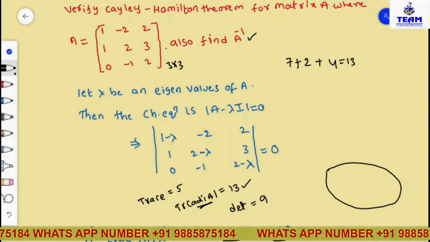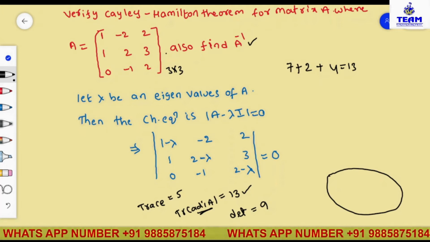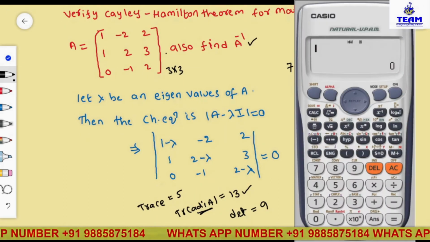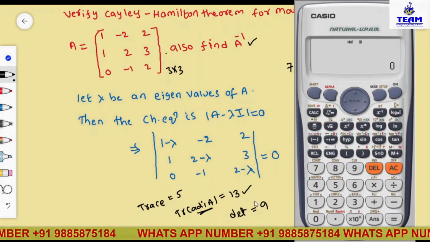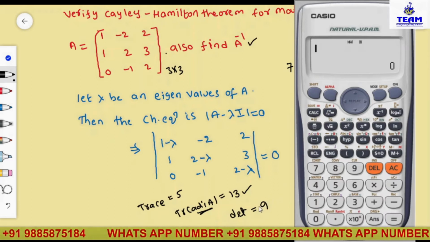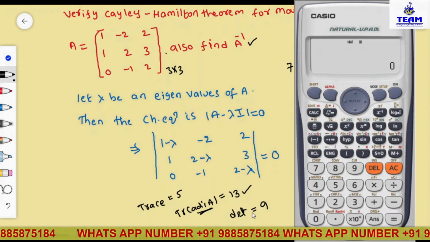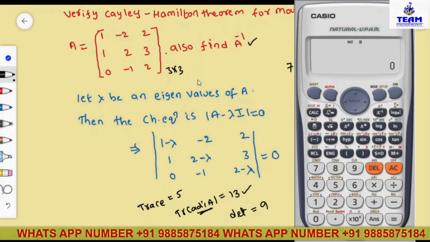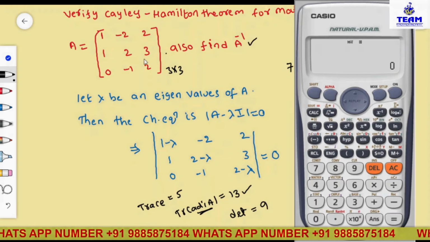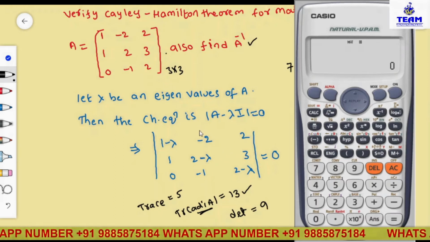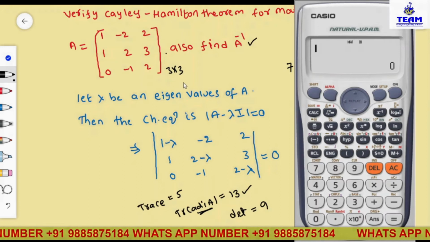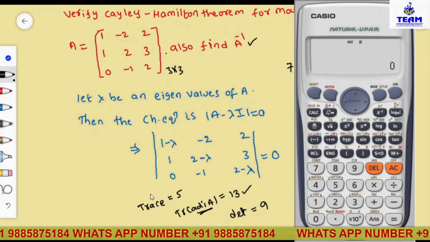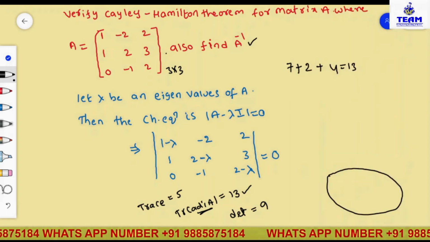Here you see, in this method and in the general method using the calculator also, we got the same answer. Yes or no? But sometimes you are unable to use the calculator. When det A is 0, you cannot use the calculator. Are you understood here? So if det A is equal to 0, it is better to go for this method. Which method? Adjoint A, for only diagonal elements, find those 3 values and add those. Okay. If det A is not equal to 0 also you can do this method, but you can use the calculator also. So you can verify like that. Yes or no? It's easy or not? Right. Now, next one. Next step is,